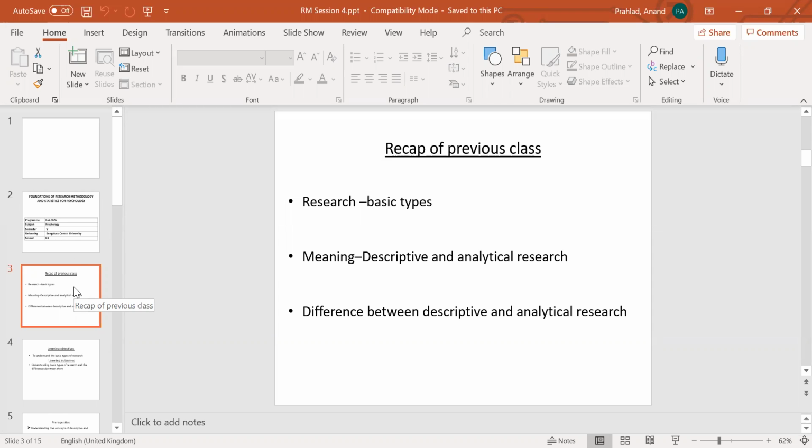In the previous sessions, we have learned the meaning of descriptive and analytical research with examples, and also learned the differences between the two. In the present session, we will move on to the next two types of research, their meaning, examples, and also the differences between them. Moving on to the next type,